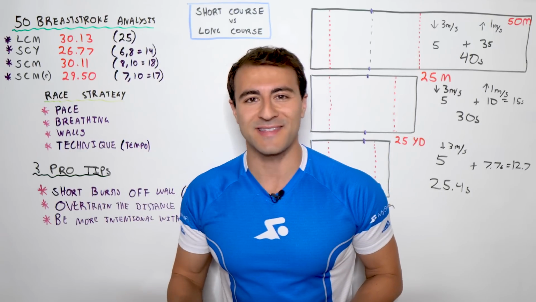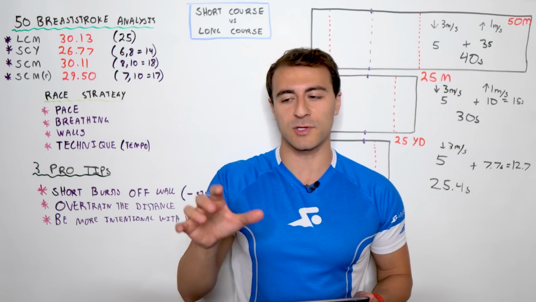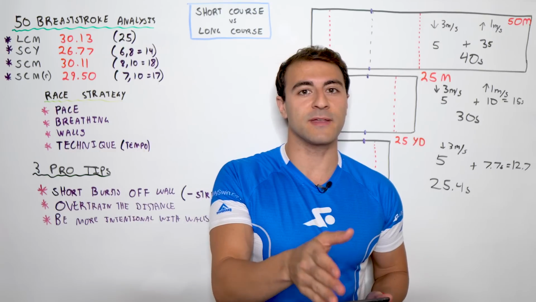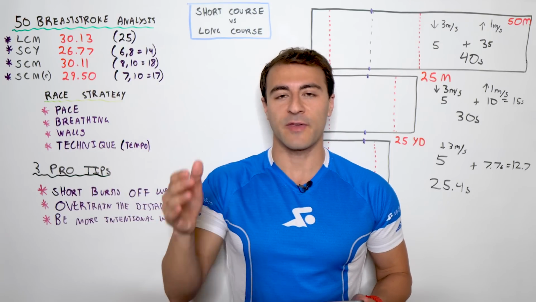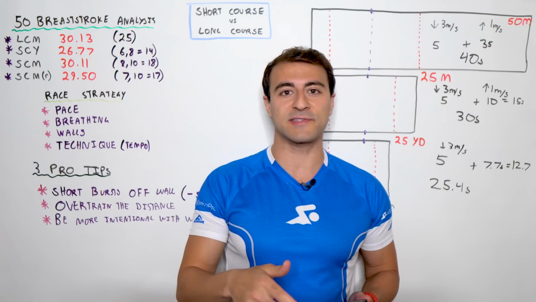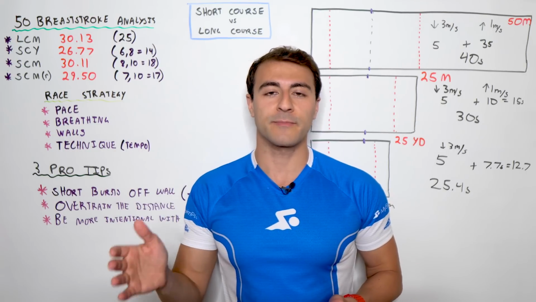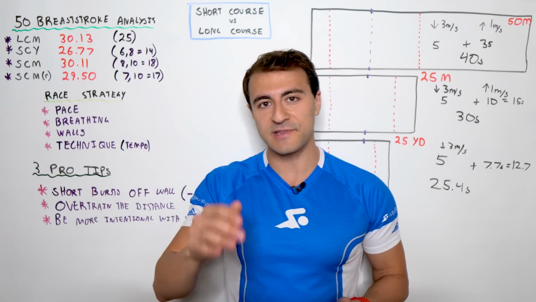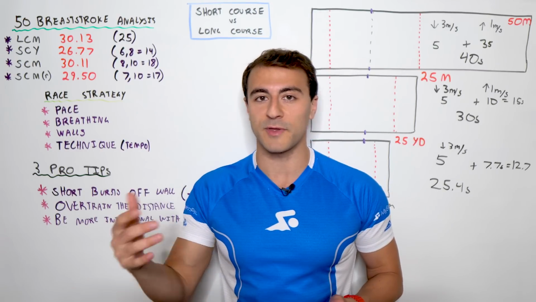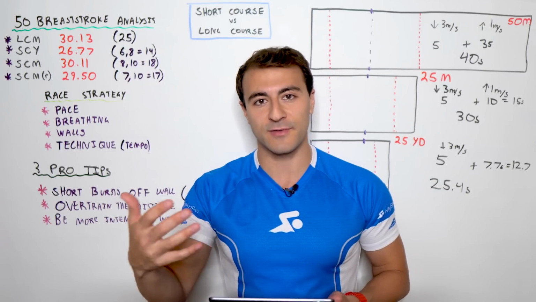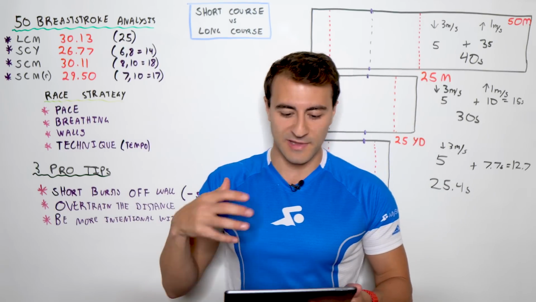Now, one of the best ways to analyze and compare results is to look at the same event competed in different pool lengths. Now, you can look at the top swimmers and you can see that the world record is actually much faster in the 25-meter pool compared to the 50-meter pool in every single event. And when you look at what the Americans swim in a 25-yard pool in the United States, it is even faster than that. So what I want to do is I actually want to do a little bit of analysis